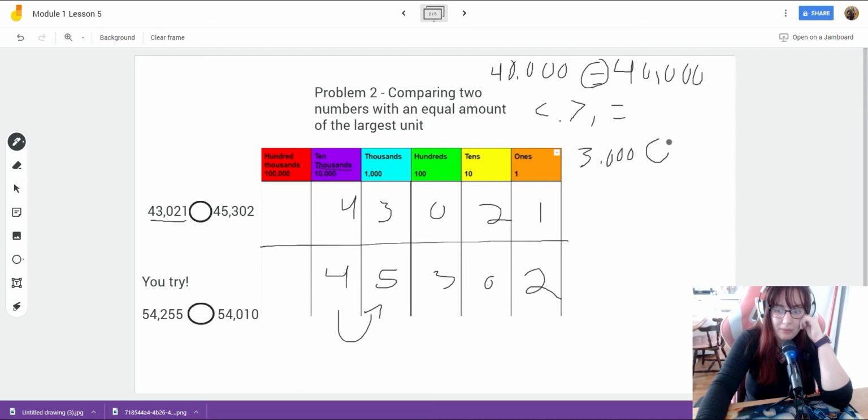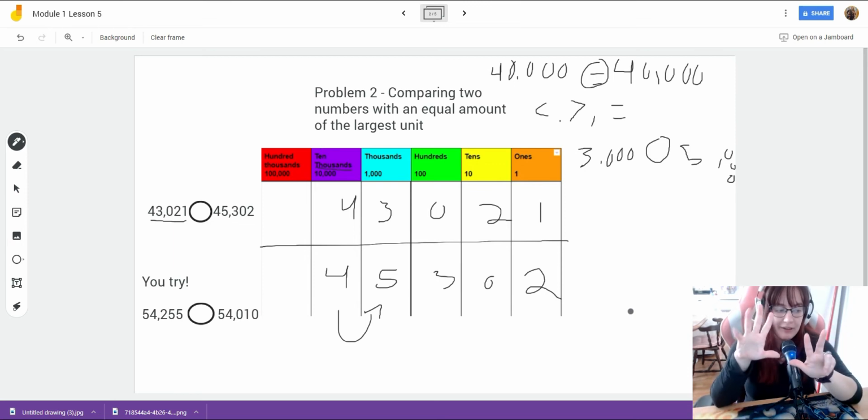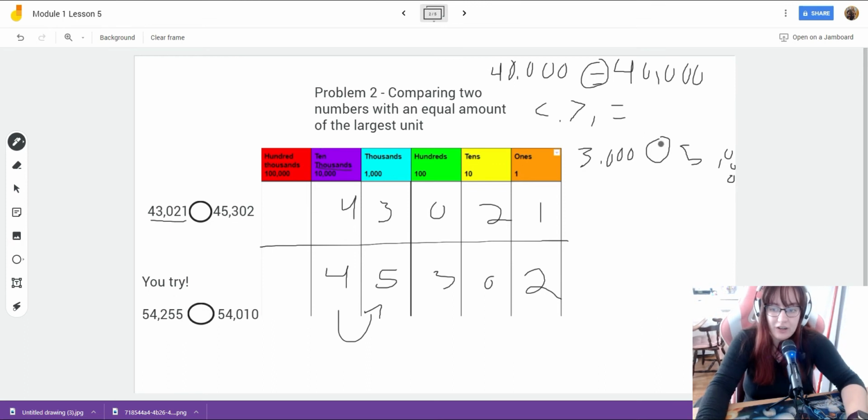3,000s compared to 5,000. Hopefully you can see that. And when I compare 3,000 versus 5,000, I could even, again, use my fingers. I know that 3 is definitely less than 5. So I'll use the less than symbol. And then what that tells me is that 43,021 is less than